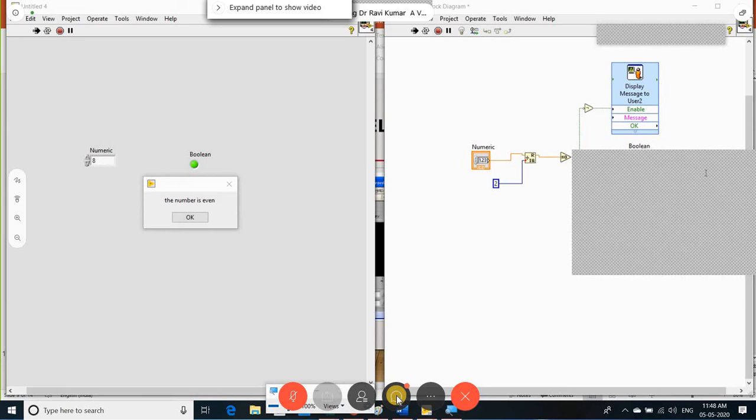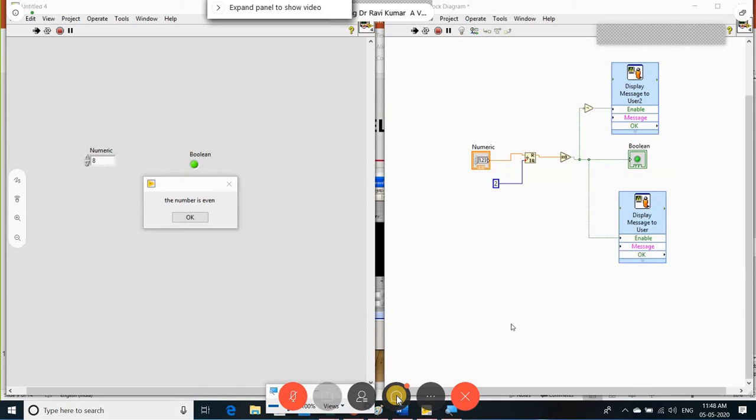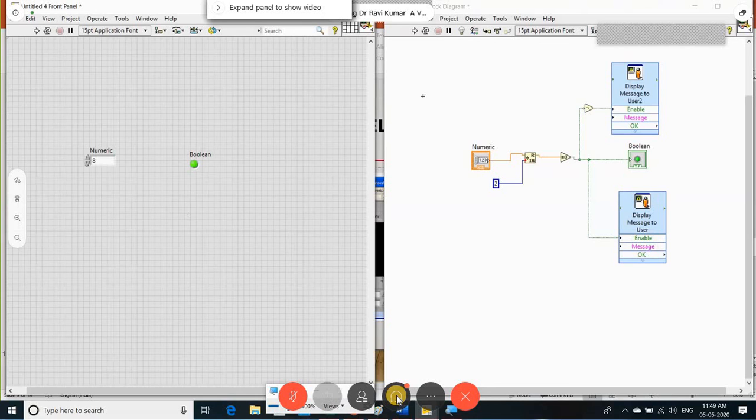Okay, fine, sir. One more thing you need to know: once you do programming more and more, then only you can come to know where your functions are available. Or one way is that you should know what you are supposed to do with respect to that function.